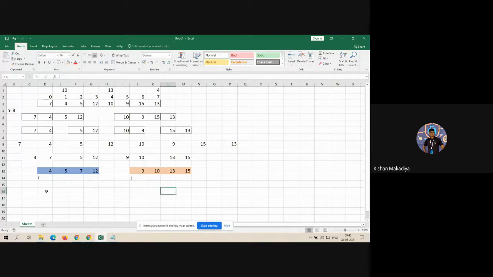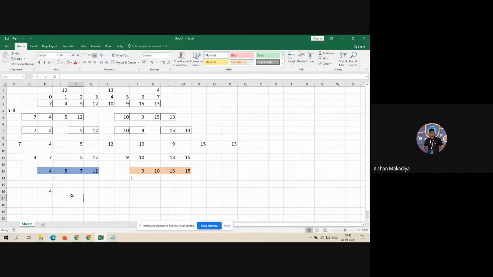So what's the answer? See how we get it. First we have to compare array index I and J, A of I and A of J. Which one is smaller? You have to write it in the final answer. For example, here A of I is smaller than A of J. That means you write this one in the answer and I plus plus.